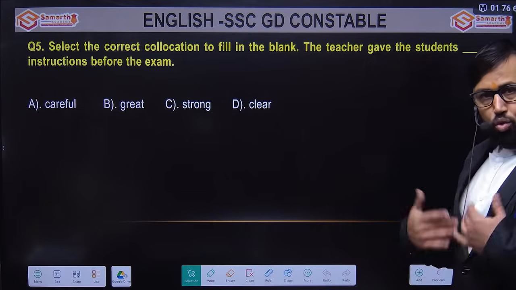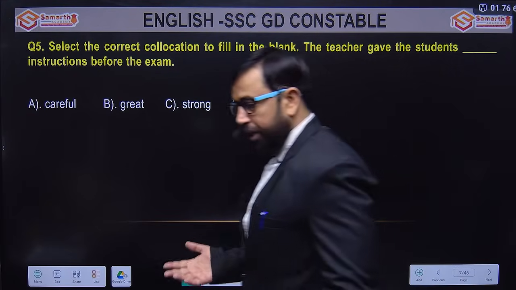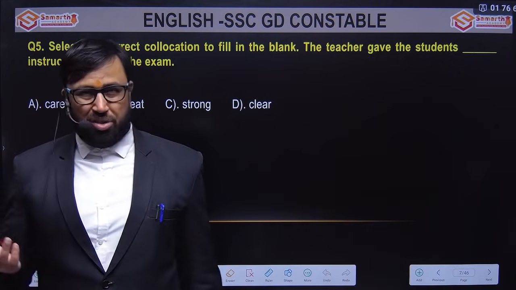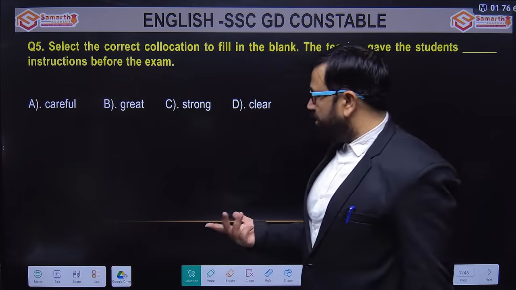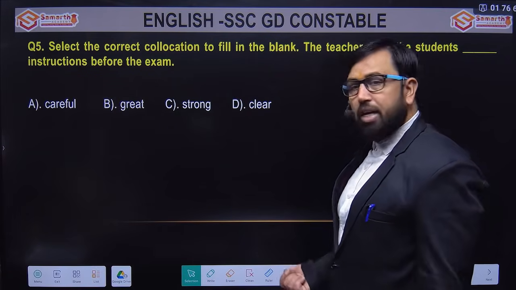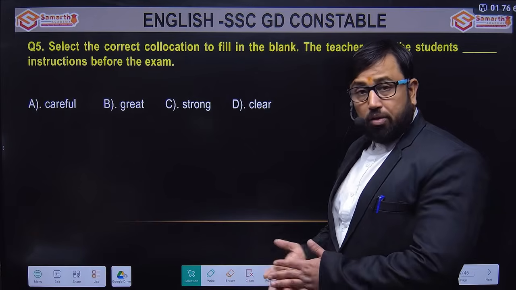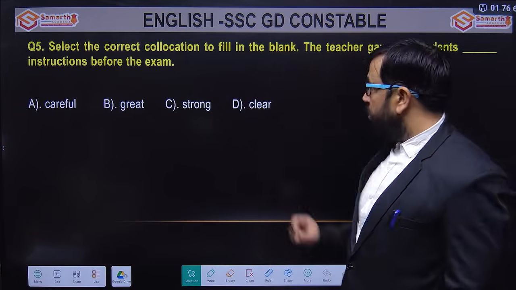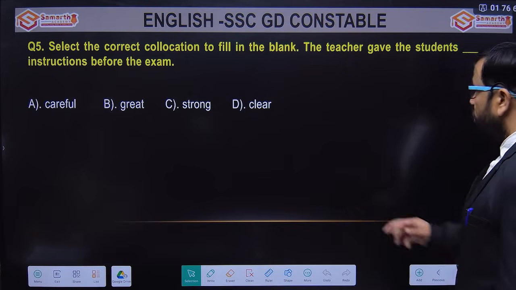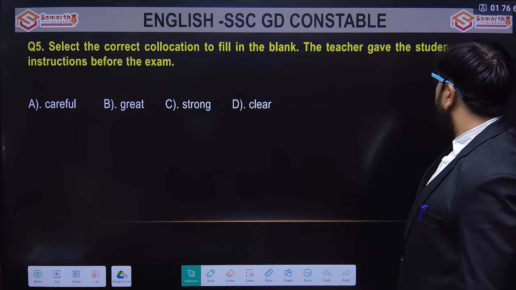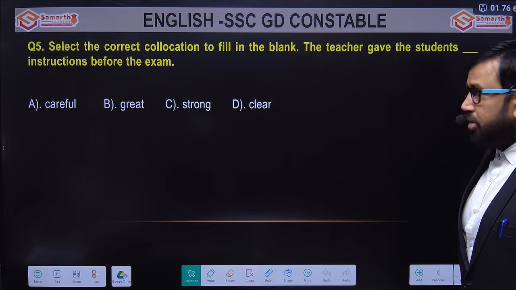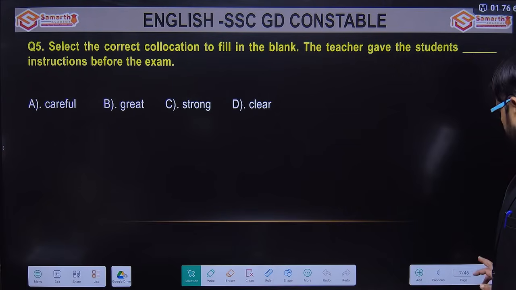So normally when you go for an exam ਦੇ ਵਿੱਚ teachers ਹੁੰਦੇ ਨੇ, they gave instructions. What type of instruction do you get? Like careful, great, strong या clear instruction. So लिखਿਆ ਹੁੰਦਾ ਕਿਸੇ ਲਈ ਪੇਪਰ ਦੇ ਵਿੱਚ the instruction should be followed clearly, ठीक है. So answer would be clear. The teacher gave the student clear instructions for the exam. D option is the right answer.